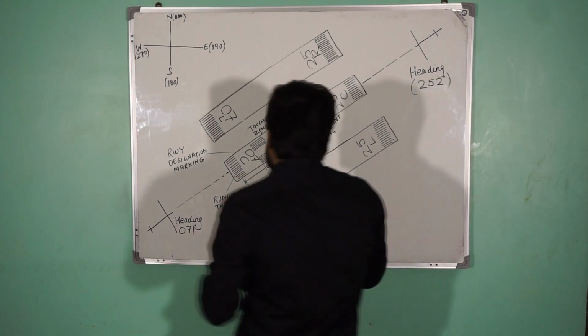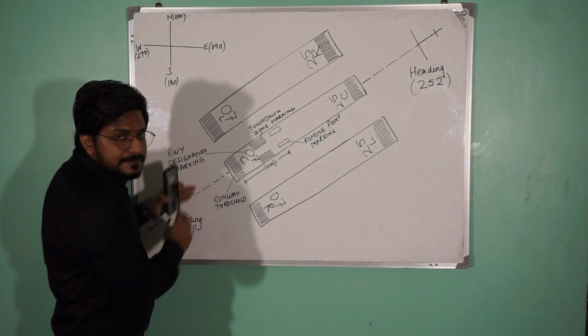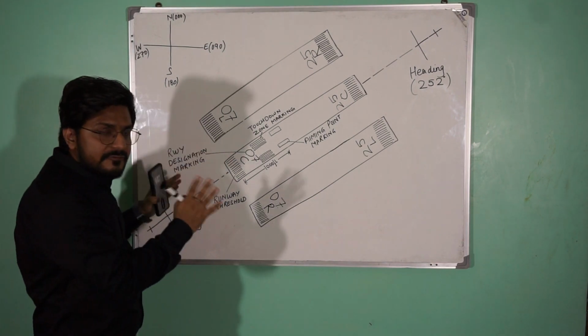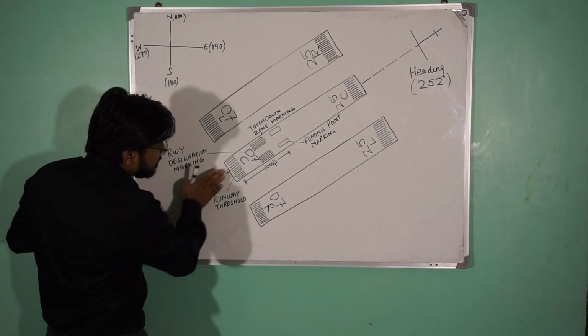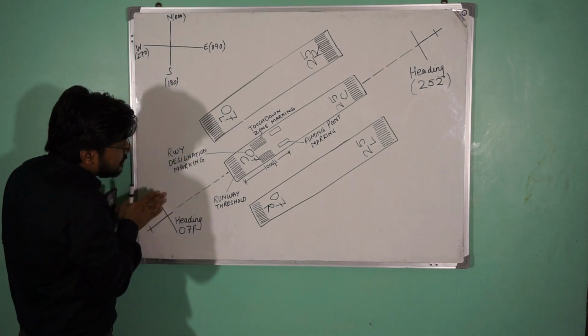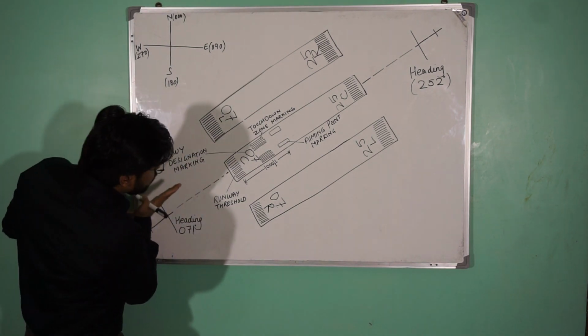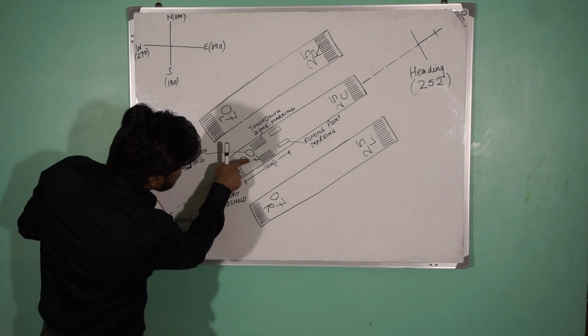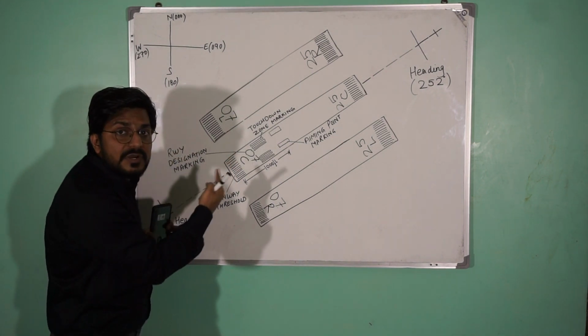You have to write down 07, and make sure when you are writing 07, this is runway 07. Obviously, if I'm approaching from this side, I'm going for runway 07. So in this case, you have to make sure that when I'm approaching for runway 07, I should see this figure in the upright condition.